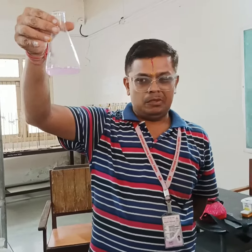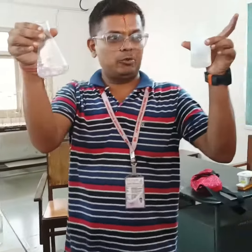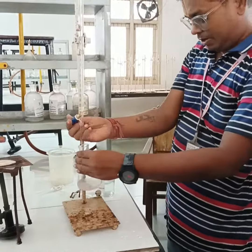Okay? How do we come to know? Because this phenolphthalein has pink color in the end point. What is the color? Pink color. If I add more HCl, to make you more curious,